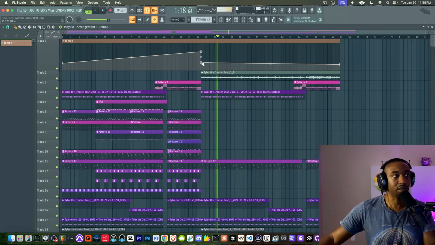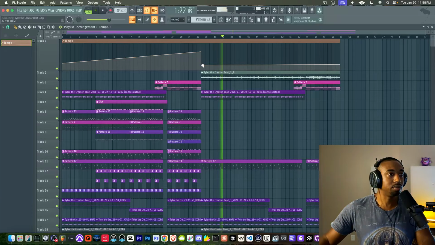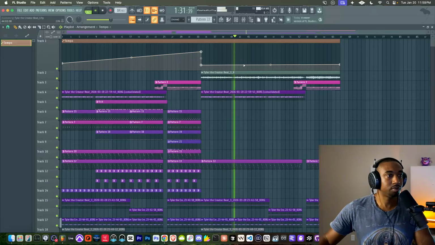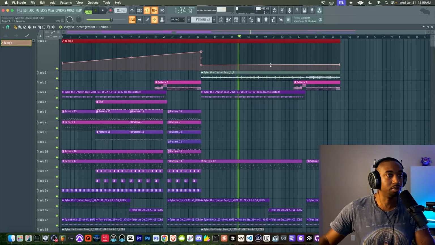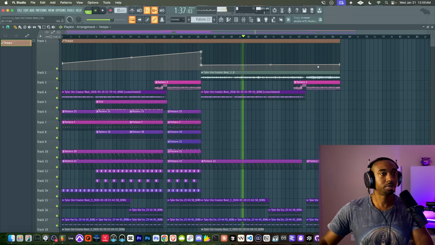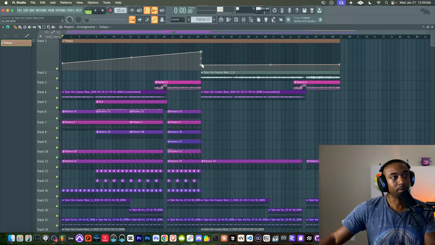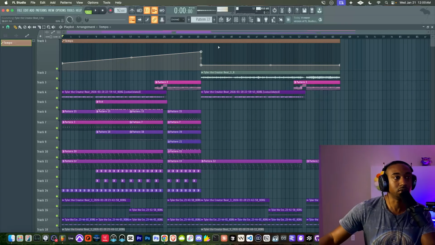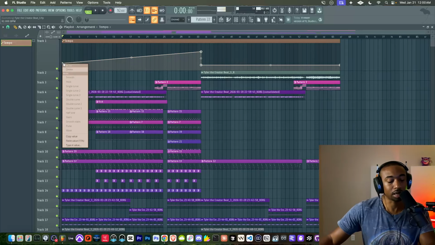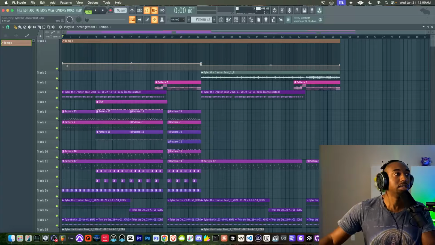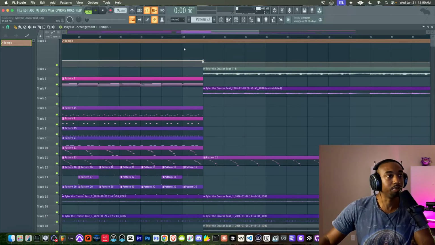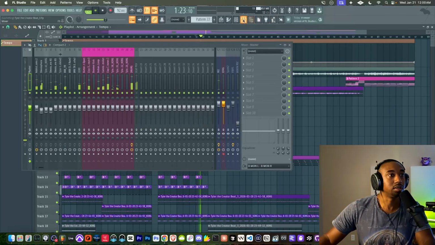So we can have this change BPM, but let's just keep this, we're just going off a tone right now. I think there's a shortcut for lifting the entire thing up. No, I guess not. All right, so what we're going to do is keep this BPM. We're going to right click, hit C to copy that value, and right click V on the second node so that it stays consistent. And then we're going to right click the first node to copy the original BPM, and then right click V to paste. The reason I did all that is because you see how close these dots are. It's hard to copy and paste when they're so close together. All right, so let's hear this experiment.